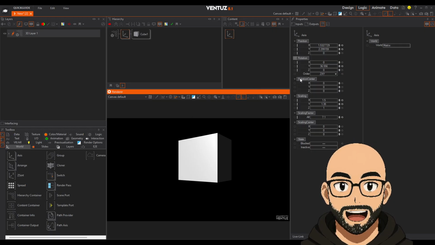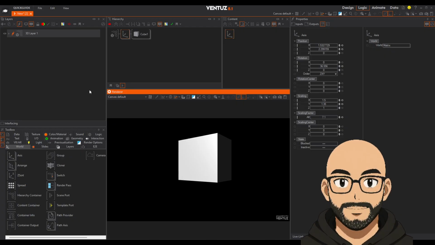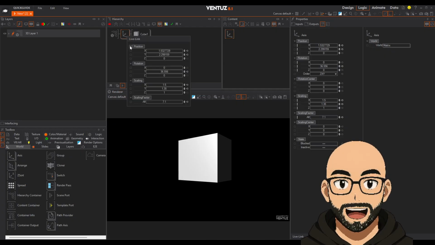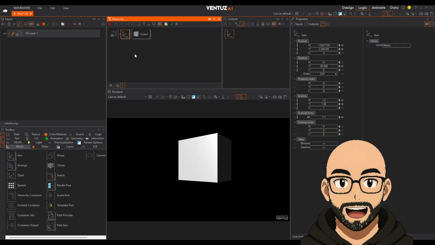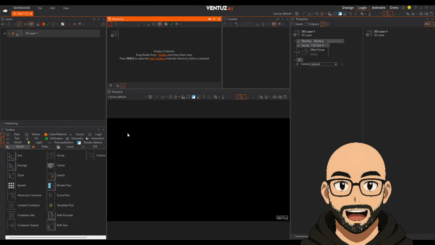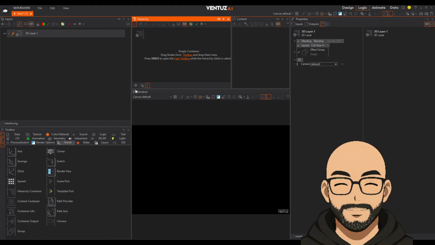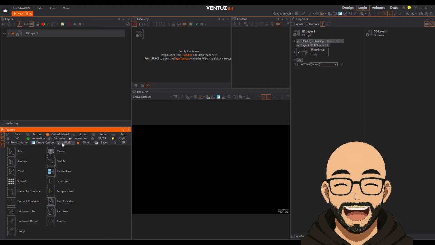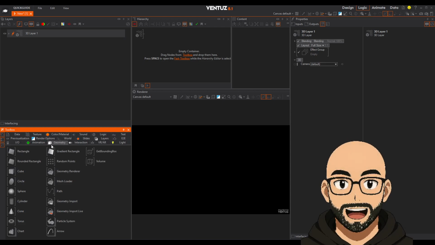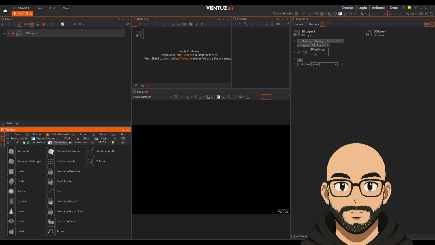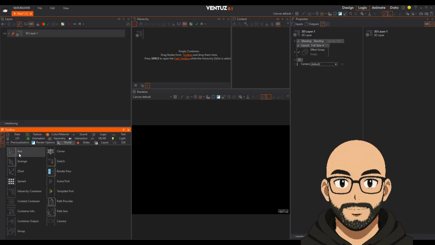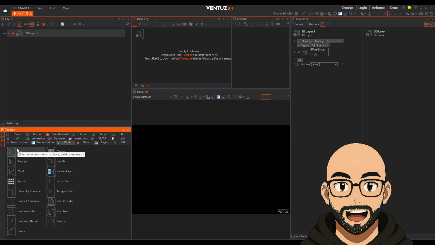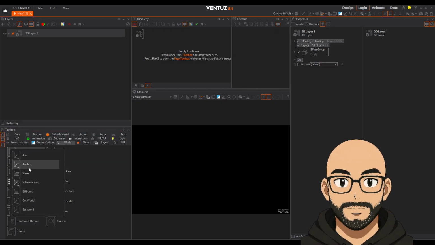So hopefully this just gives you an overview of the interface. Now, I kind of just jumped ahead. So I'll show you how to grab something out of the toolbox just once again. So we go to the world tab. So we look for the world tab. So the world tab is here, which I had open. Then we're going to go to axis. If you see anything with a stack like this, you can right click and it will reveal different